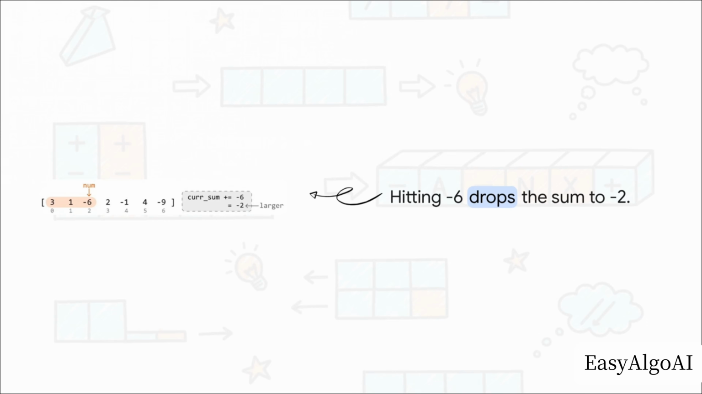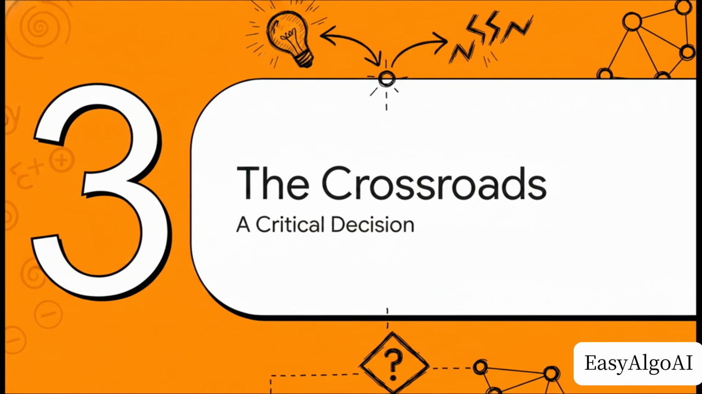But then, disaster strikes. We expand over to index 2, and bam, we hit a massive pothole, a -6. We add this to our hard-earned sum of 4, and suddenly our cur_sum completely tanks into the negatives. It drops all the way down to -2. So literally all the progress we made from those first two numbers is totally wiped out by one single negative integer. And hitting a negative number like that forces our algorithm into a massive decision point, which brings us to